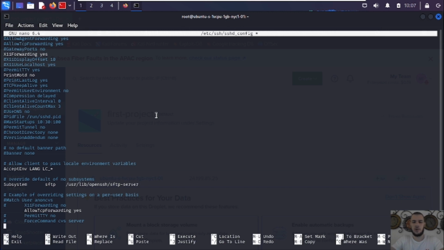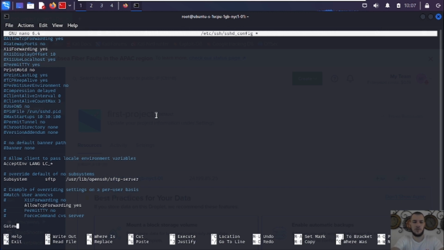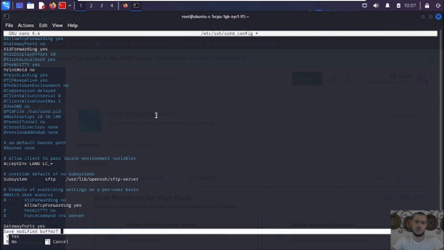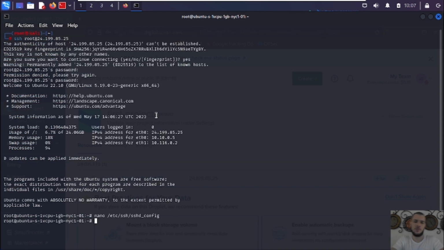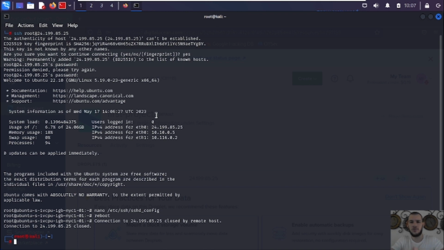So down here we're gonna say gateway ports yes, and you're gonna type it exactly how you see it. It's case sensitive, and once you do that on Nano, you're gonna hit Control X and yes, enter, and it's gonna save that. So now we're gonna actually reboot our VPS,